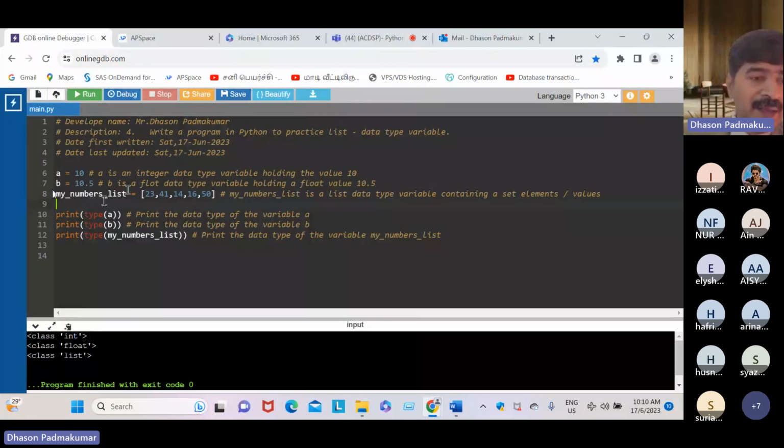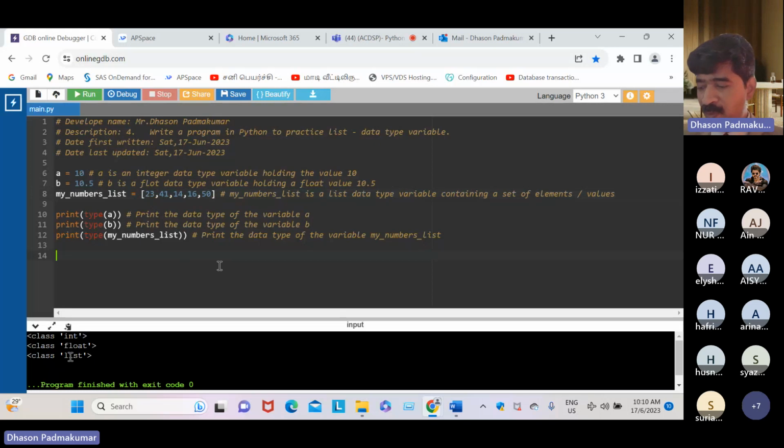Like A is an integer data type variable, B is a float data type variable, my numbers list is a list data type variable. Why? It is holding a list of items or a set of elements.